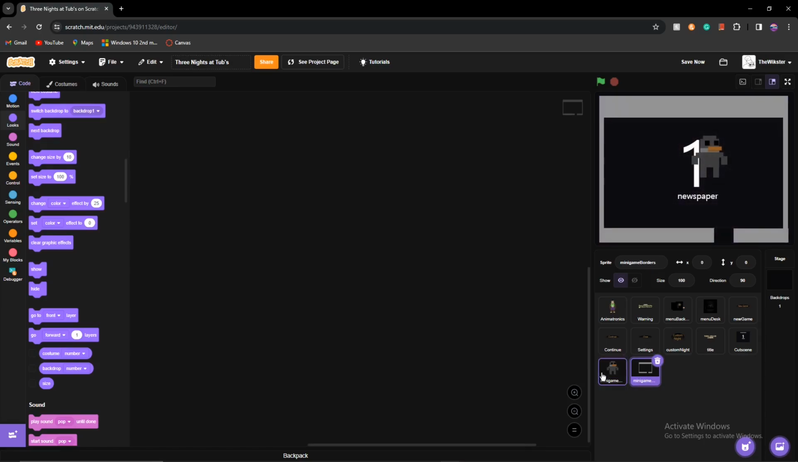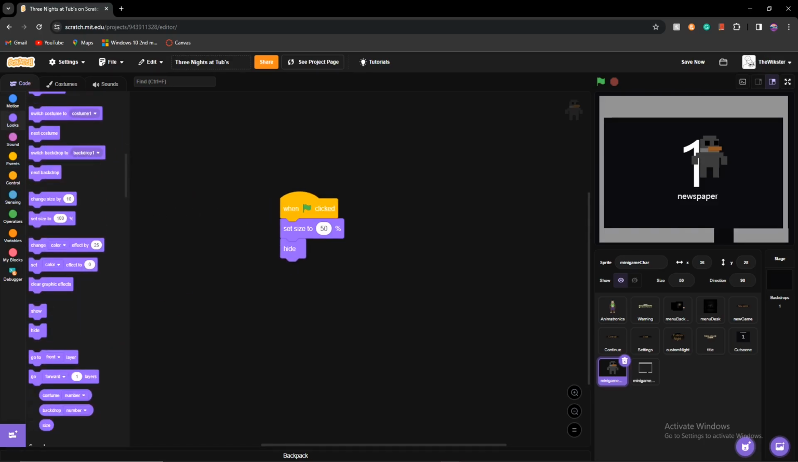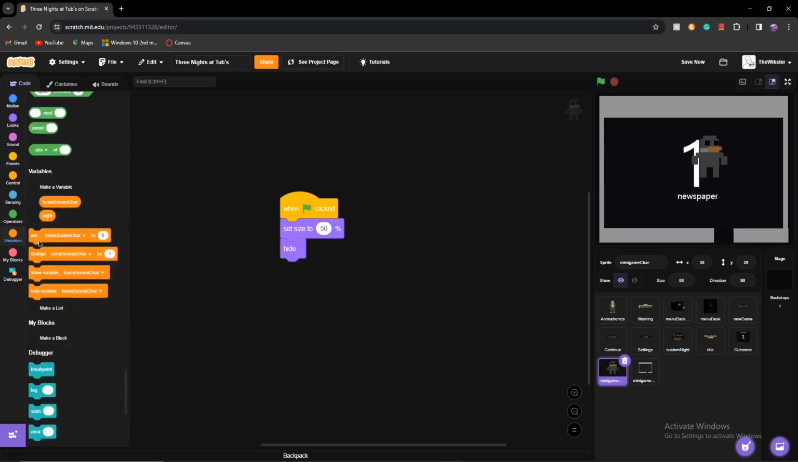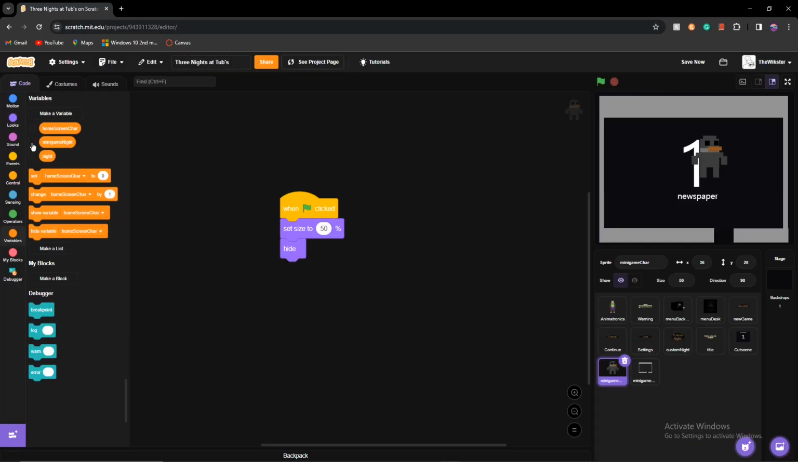Now, we're going to go here, and we're going to go to the minigame character. We're going to do, when green flag clicked, set size to 50, and hide. Now, we're going to have a variable. We're going to call this minigame night. Now this is going to change. So if night, we're going to get a,